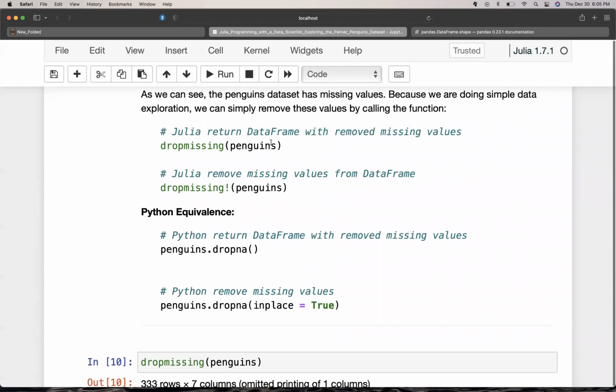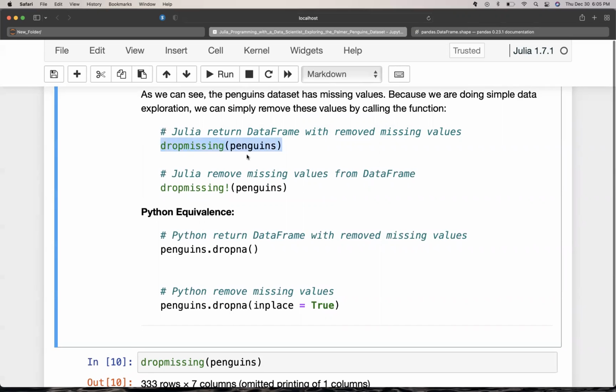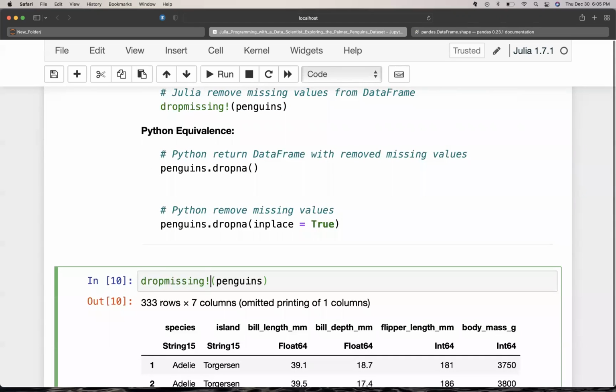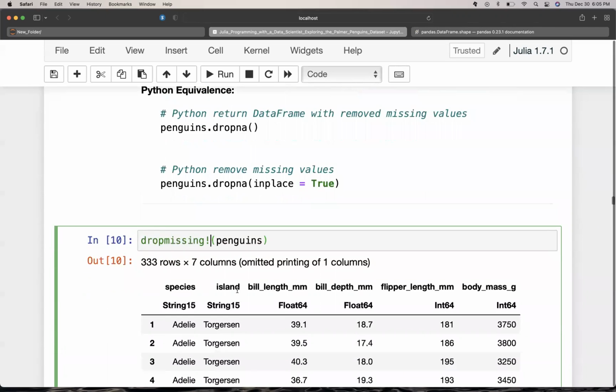You have a function that returns a new object that has gotten rid of the missing values in this case, or you have a function that alters the current thing that you pass in. And that's this bang operator. So whenever you see this bang operator in Julia, it's typically going to be associated with a function that alters what you input. So now if I do drop missing with a bang operator, okay,